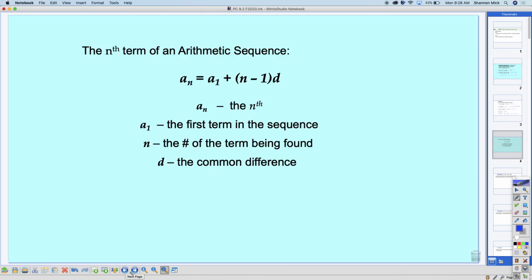So, the nth term of the arithmetic sequence. This is the definition. You need to know this. I will not give it to you on your test. You need to write it every time you use it today, because by the time your assignment's over, you should know it. I can guarantee you there is one of these on your ACT. If you remember it, it will make it a lot easier than using the guess and check method you had to use in 9-1. Promise you. So this is what it is: a sub n equals a sub 1